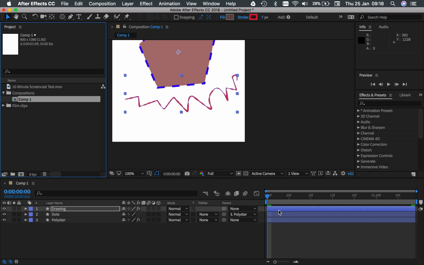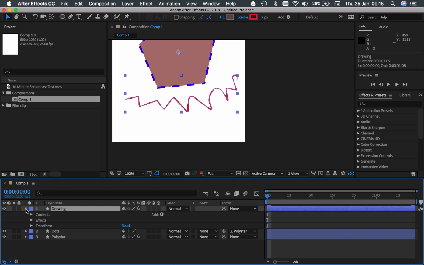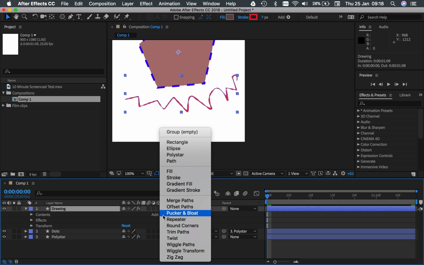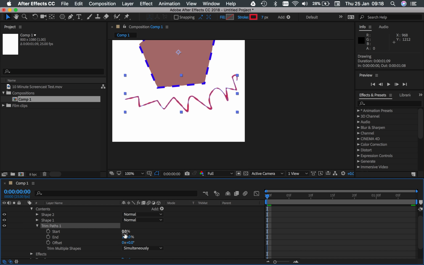What I need to do is I want to animate this drawing as if it's drawing on. So if I go over to drawing and click our drawing layer and click down on our contents, I want to click this little add button, and that's going to add an animation effect, and I'm going to use the trim paths effect. And down here you'll notice it's added trim paths, so if I click that down you'll notice there's a start and end